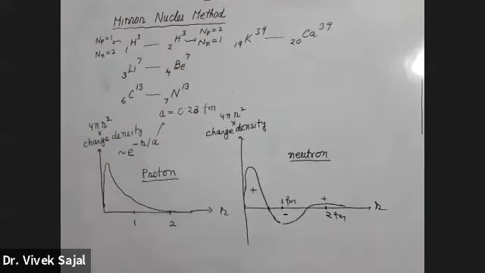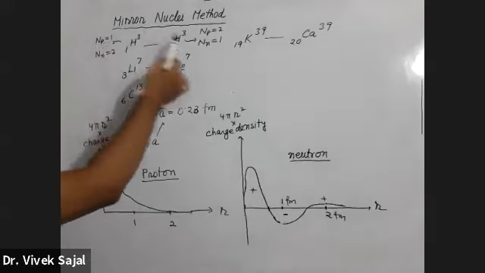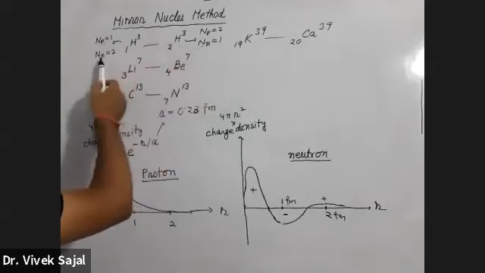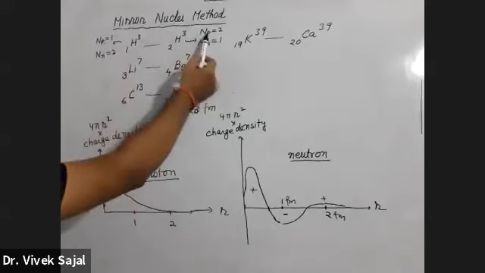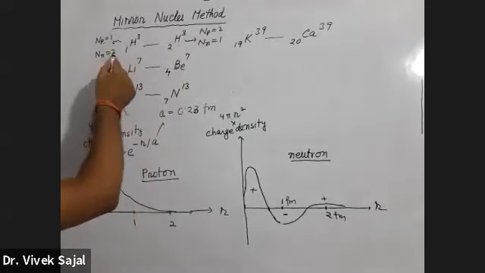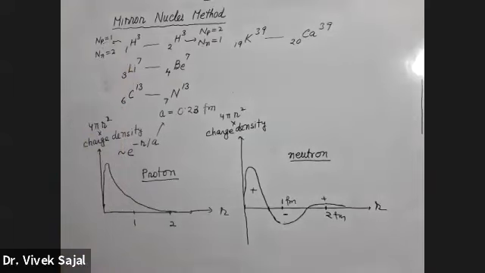Mass तो same रहेगा बेटा दोनों, तभी हो पाएगा ना. So here two things are important. Whatever is the number of protons here, in the mirror nuclei that will be the number of neutrons. Whatever is the number of neutrons here, that will be the number of protons in the mirror nuclei. One thing is this. Second, the difference between number of neutrons and protons is plus minus 1 only.